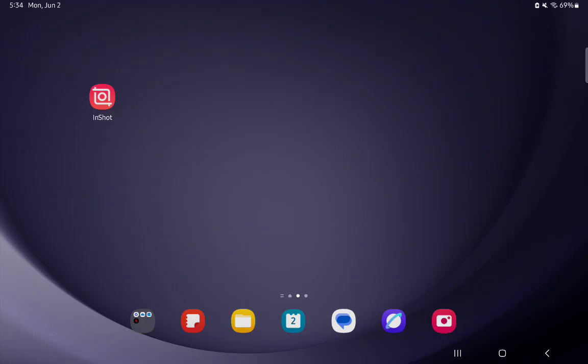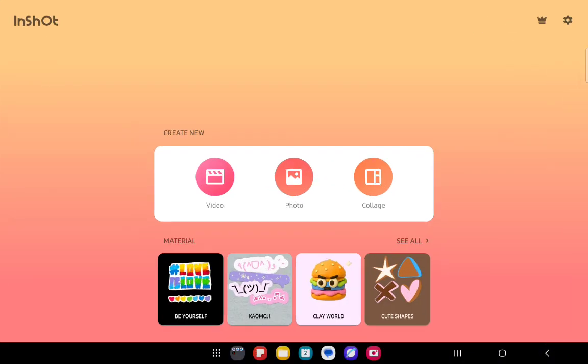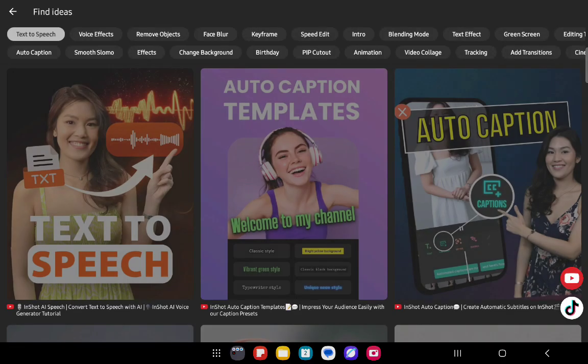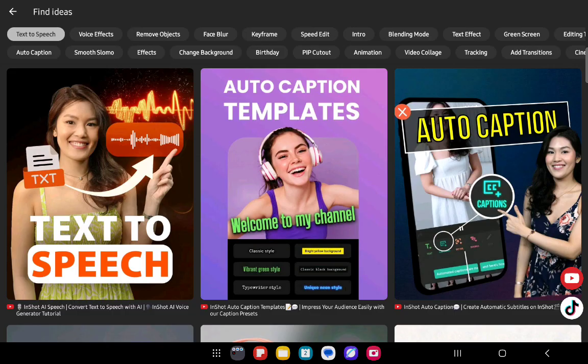The first thing you need to do is enter the app. Once you are done with that and you are in the home page, you can just look in the top of your right corner and press on the settings there. Once that is done, you can just press on find ideas here and you will be able to find ideas